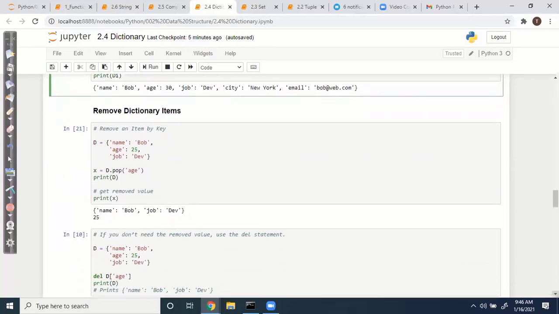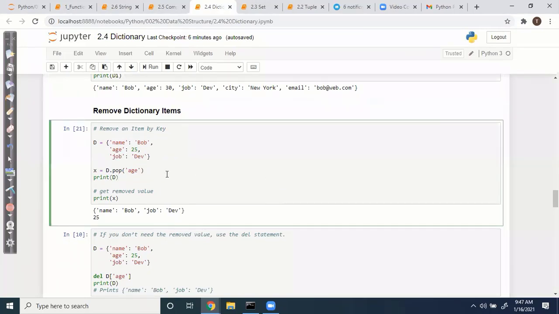Remove items. How to remove items? We can use pop. If you want to remove age, everything is key based, so you can use it. After removing it, the pop feature will give the value that was removed.